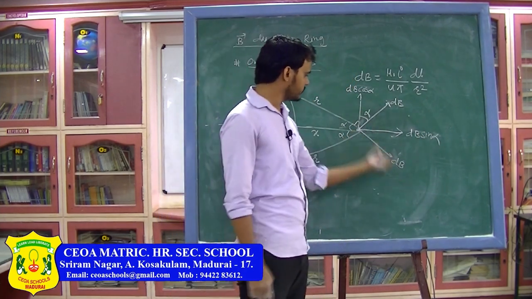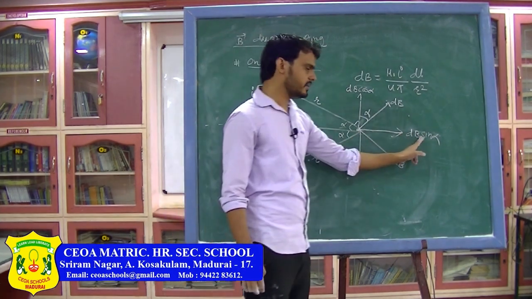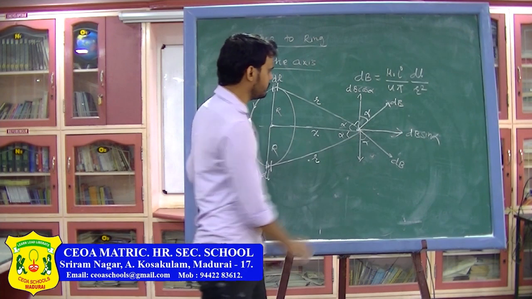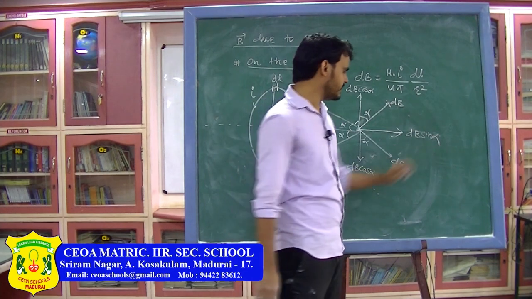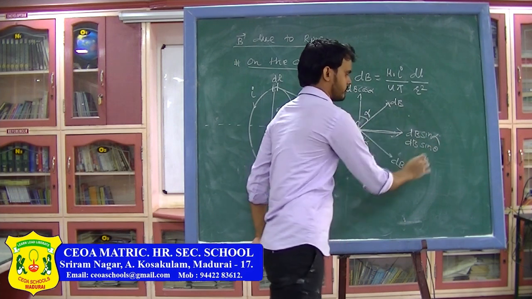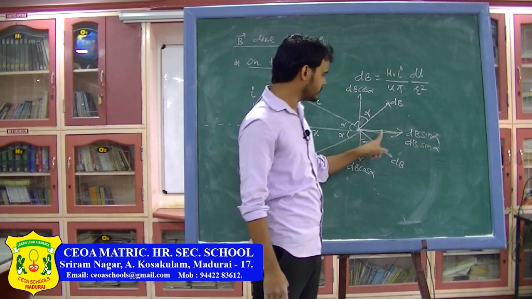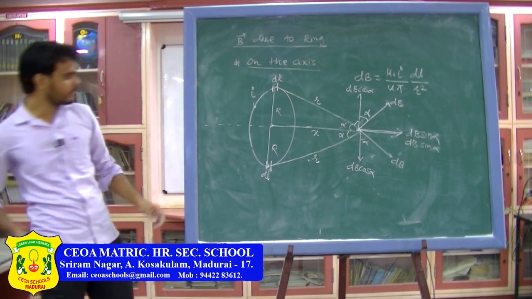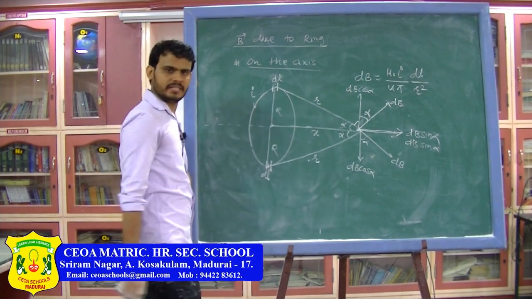Again, similarly for this, if I want to take the component, one component will be in this direction, another component will be in this direction. Again, this angle will be alpha, so this component will be dB cos alpha, and this component will be dB sin alpha. So, here you can see these components will cancel each other out and this will add up. So, total magnetic field, if I want to find, so you can note this down. I am going to rub this off and we are going to do the integration now.